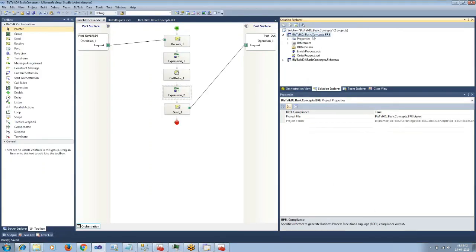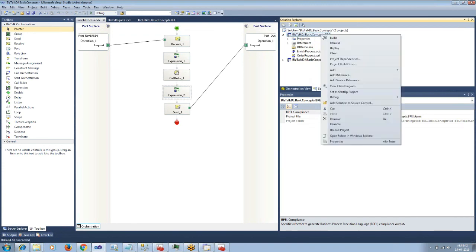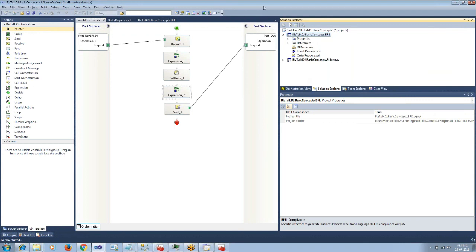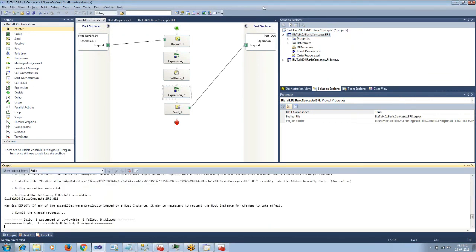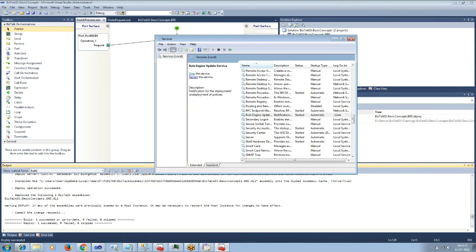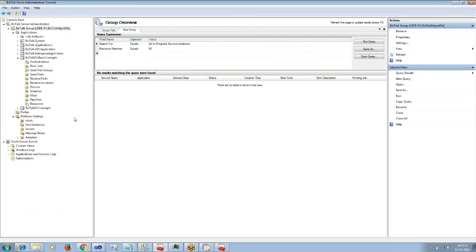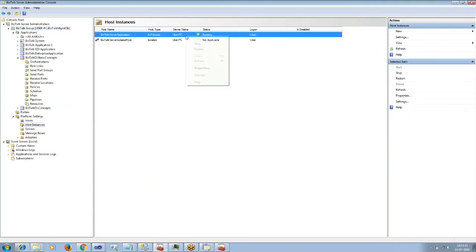Now let us build and deploy the solution. I would restart the rule engine and then restart the host instance.